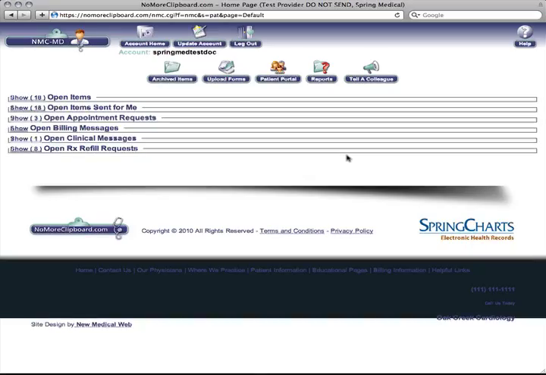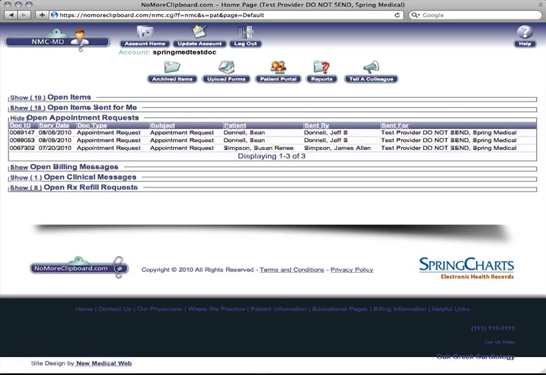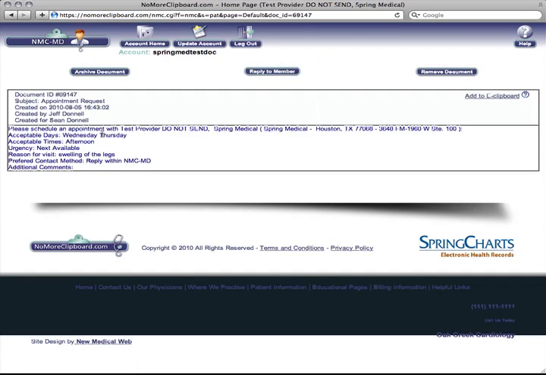In addition to reviewing the incoming patient registration forms, I can also take a look at things like appointment requests that have come in. So I'll click on the online appointment requests, and we'll take a look at the request that Sean Donnell recently sent. So here it is coming into the administrative portal, and it lets the practice know that Sean would like to be able to see this particular physician on Wednesday or Thursday afternoon on the next available appointment. So from here we can reply back to Sean,